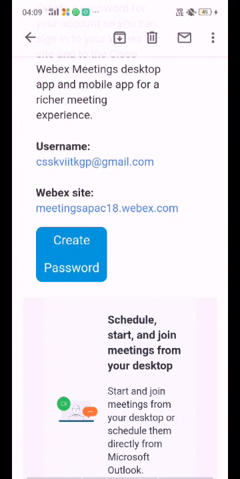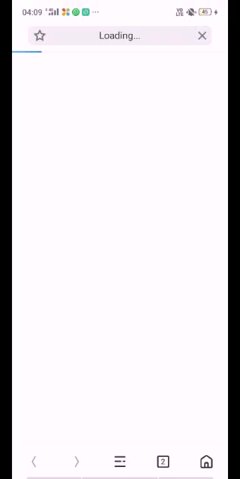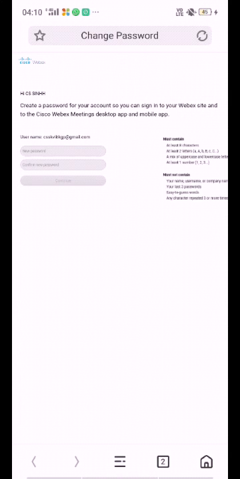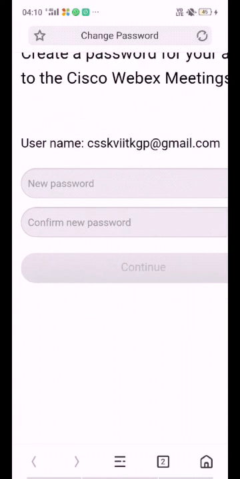Now you create a password. To create a password, use capital and small letter combinations and numerals. I am giving the password.